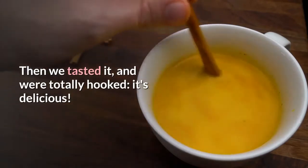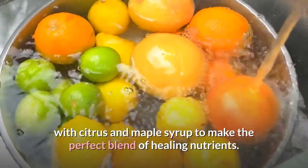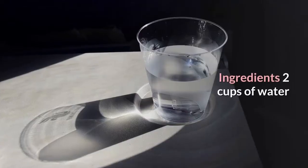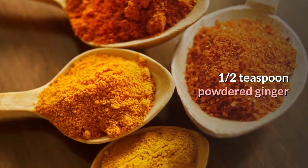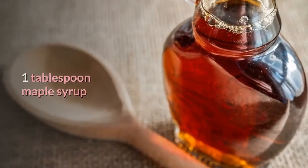It's delicious. Ginger and turmeric combine with citrus and maple syrup to make the perfect blend of healing nutrients. We streamlined the recipe to make it ultra easy. Ingredients: 2 cups of water, 1/2 teaspoon powdered ginger, 1/2 teaspoon powdered turmeric, 1 tablespoon maple syrup, juice of